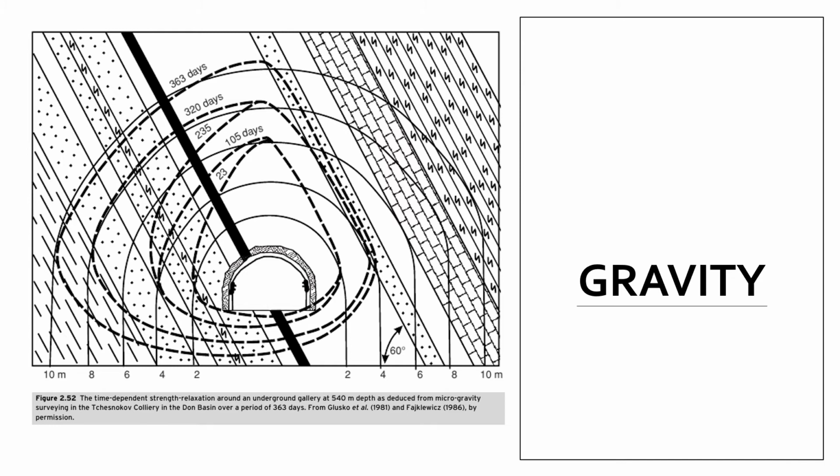They undergo relaxation, they expand, and they can fracture. Okay, so fracturing can be detected by microgravity in the form of lowering of the gravity reading, because when rocks fracture, they undergo loss in density. Okay,